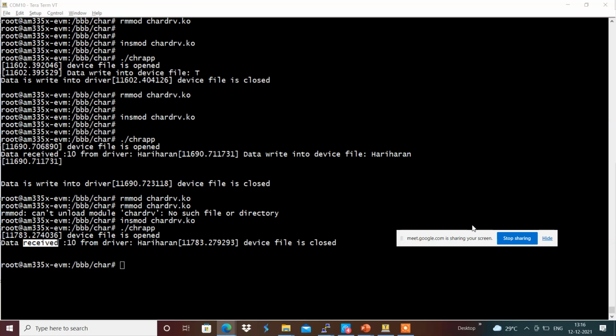Yeah, poll is basically to provide poll on the device file.